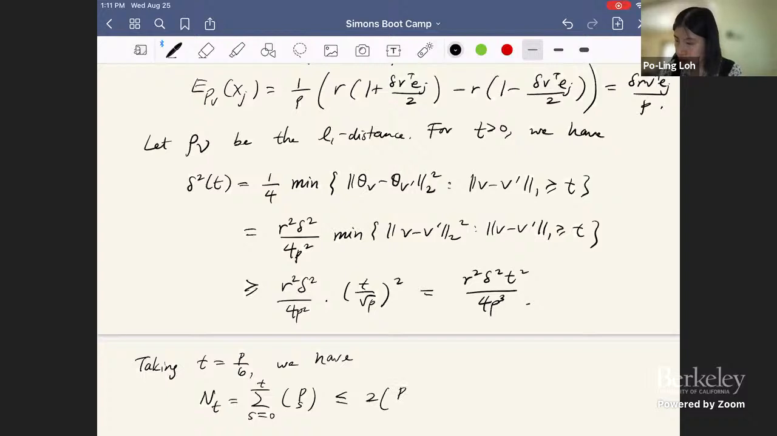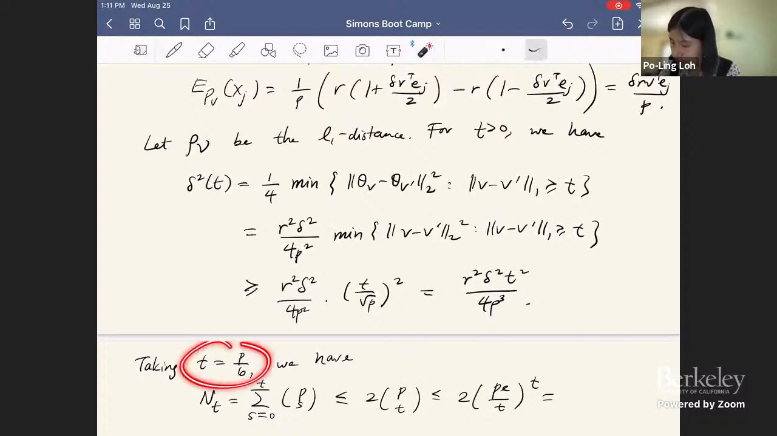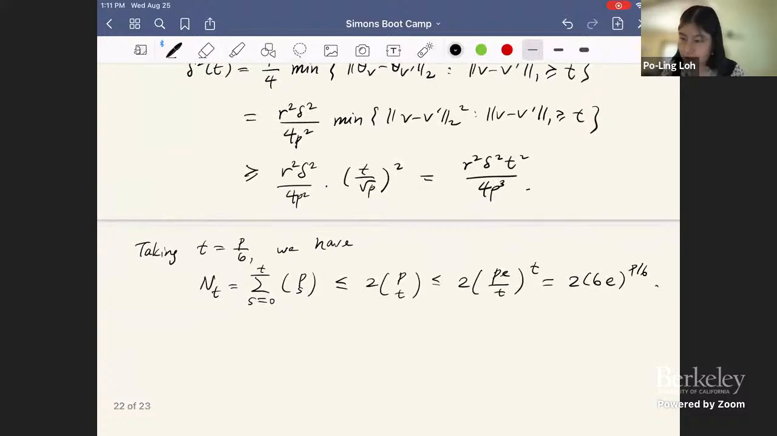This is bounded by 2p choose t, which is bounded by twice pe over t to the t. And this is equal to, plugging in the fact that t is p over 6, we get some cancellation, and this is just 2 times 6e to the p over 6. Okay, so what we're interested in is